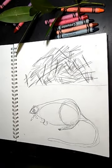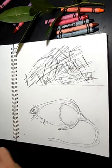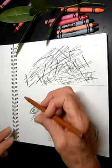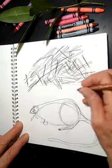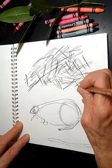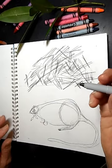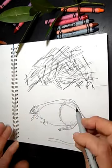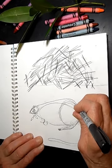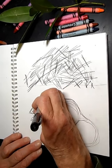So here's the next thing we're going to do. Okay, we're going to take our Sharpie. Oh, you know what? I did something here. I want to go past this line. I keep my opening here. Go past my line here. There we go, because it's not even. Okay, we're going to take our Sharpie, and we're going to ignore the helping lines, and we're only going to go on the outside. And so we're going to take the Sharpie, and you're going to go outline, outline, outline,